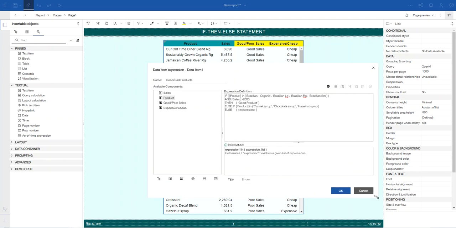Okay, I'm just gonna expand this. Okay, here we go. So else if product is caramel syrup, chocolate syrup, hazelnut syrup, and let's say sales is less than 1500, then, in single quotes, this should be called a bad product.